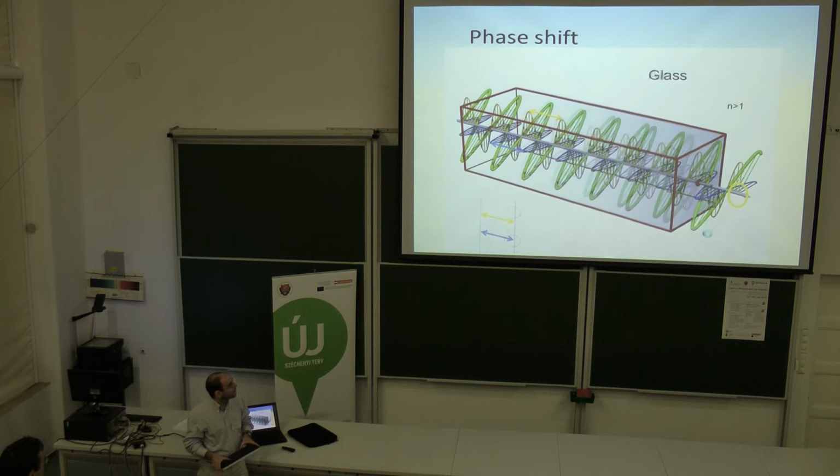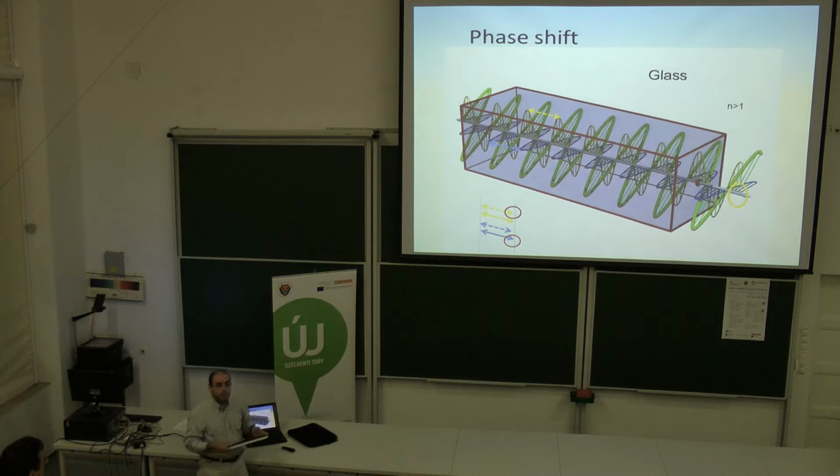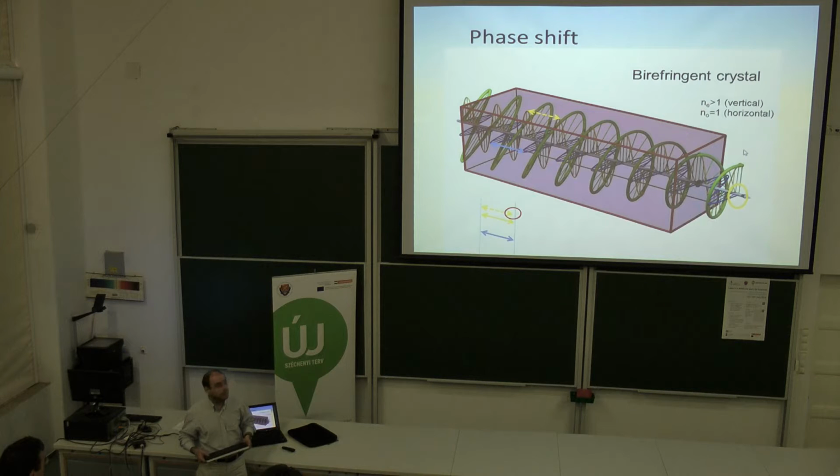Of course, there is a phase shift relative to the previous state, but nobody cares. We won't use the phase of the light. We would like to change the polarization state itself. To generate something other than this linearly polarized light, we have to put some shift between the components, for example, with some birefringent crystal. Of course, it's not really ordinary, but consider it for the image for a while. In this case, the